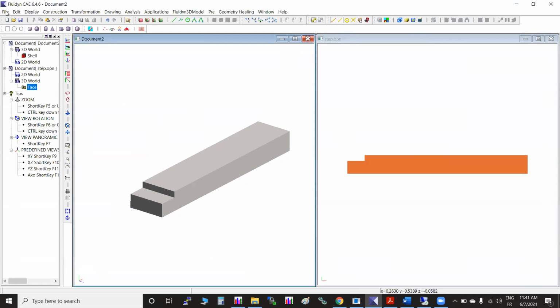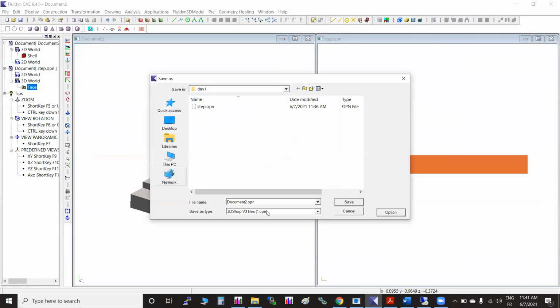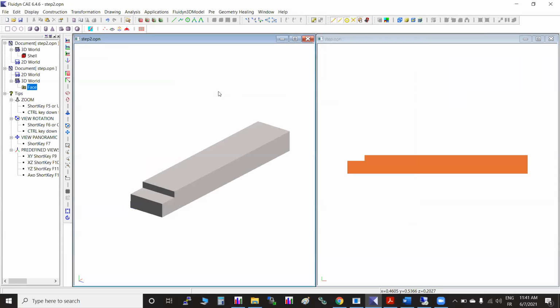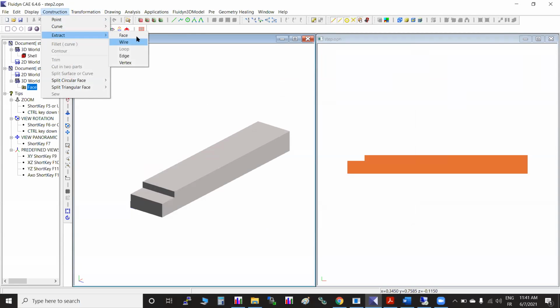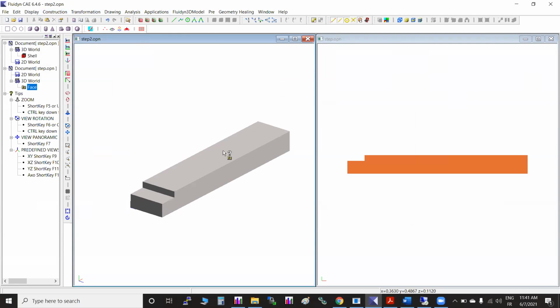Click on the viewport, file, save as, and STEP. We just saved it. If you want to extract anything, go to construction, extract. There are options to extract a face, wire, edge, or vertex. For example, face. If you click on that face, it generates the face.